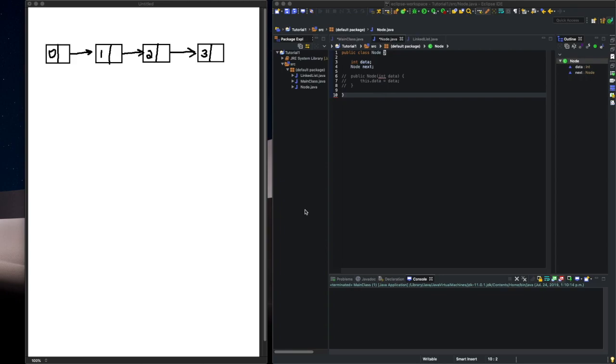We will now be covering the implementation of a linked list. I actually went over what a linked list is in my previous tutorial, where I talk about the conceptual aspect of it and how we can think about a linked list. If you haven't seen that video, I highly recommend you watch that video